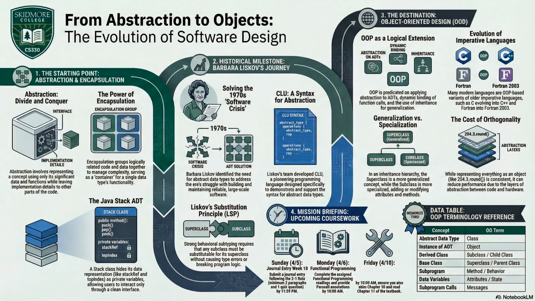That is a highly accurate way to visualize the mechanism. The base class, the superclass, or parent class is the master file. And a derived class, the subclass or child class, is linked to it. Right. It inherits all the attributes and methods of the parent, but it can add new ones or override existing ones.